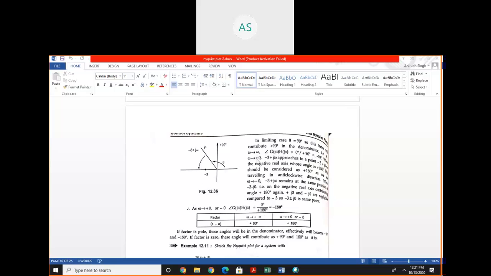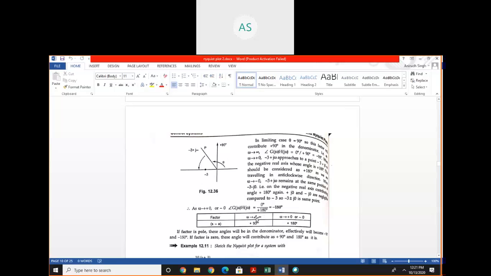So when omega approaches infinity, the angle is minus 90 degree. And when omega is plus 0, this is the point, and in this case the angle is 0. So we can say that when omega approaches plus infinity,